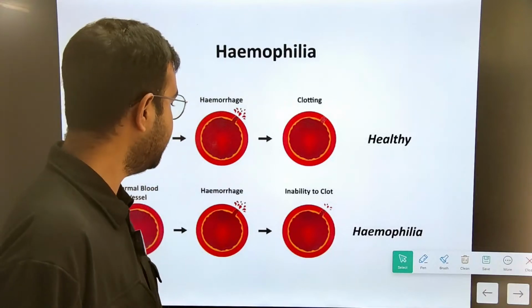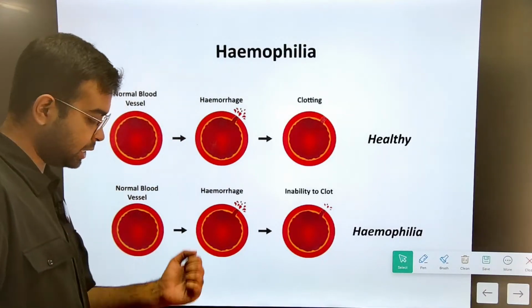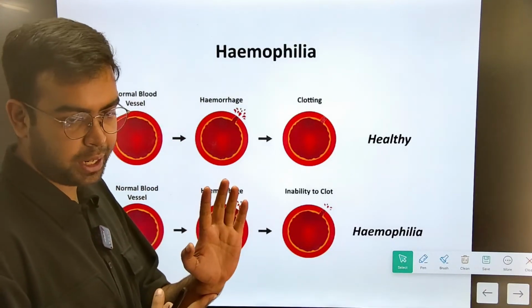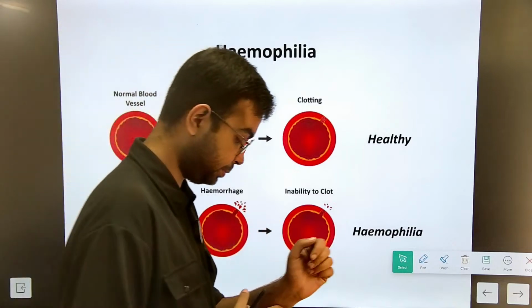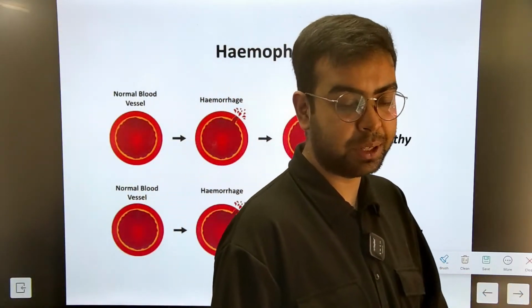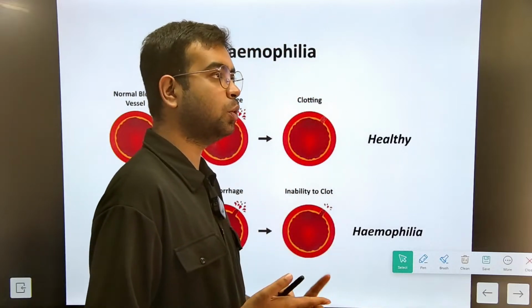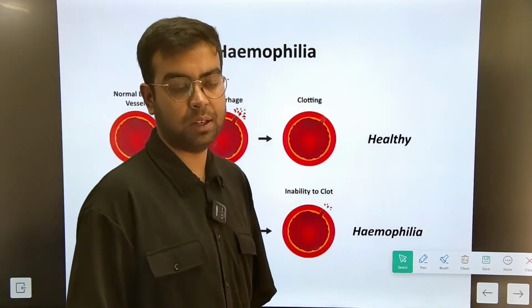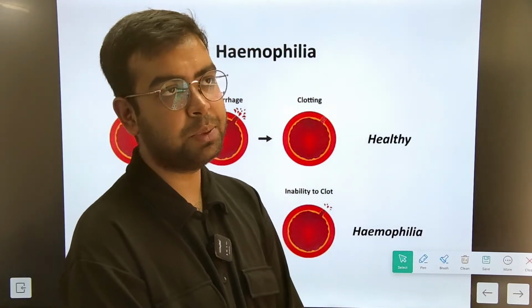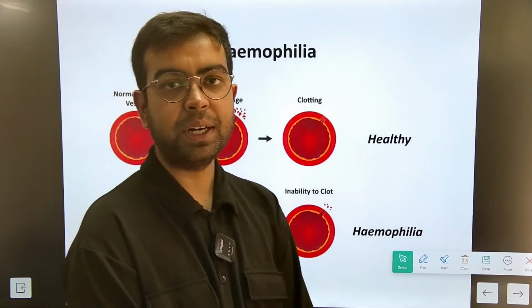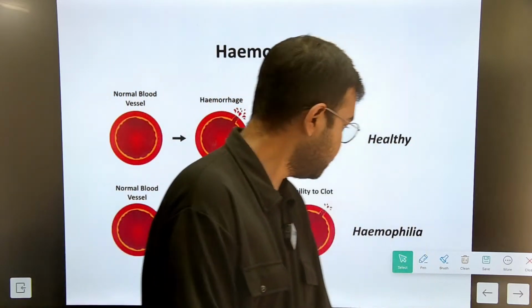In a person with hemophilia, the problem that occurs is that, suppose you have a blood vessel, and you have hemophilia. Your hand got cut suddenly while working. So with hemophilia, what will happen is that clotting will not happen. In normal blood cells, bleeding stops due to clotting, but in a hemophilic person suffering from hemophilia, look at the